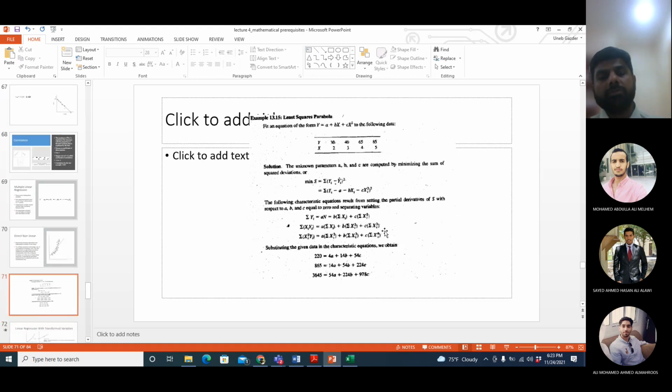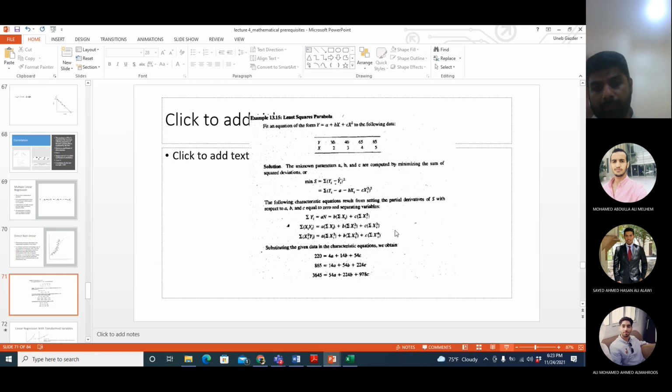Okay, so here they are asking us to calculate the model parameters when y equals a plus bx plus cx squared. So it's a non-linear equation. They are calling it direct non-linear because x is directly put as a square in the equation. There are other ways to do it as well. Like I said, I will come back to it. But let us see how we can calculate the parameters of our direct non-linear equation.